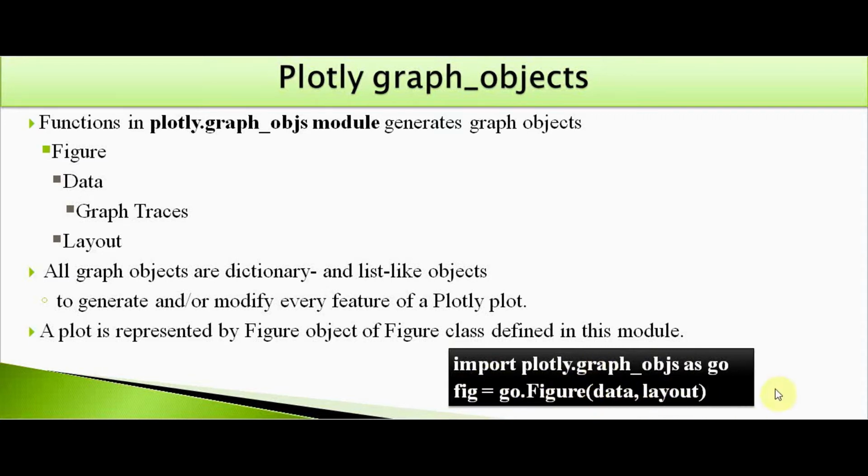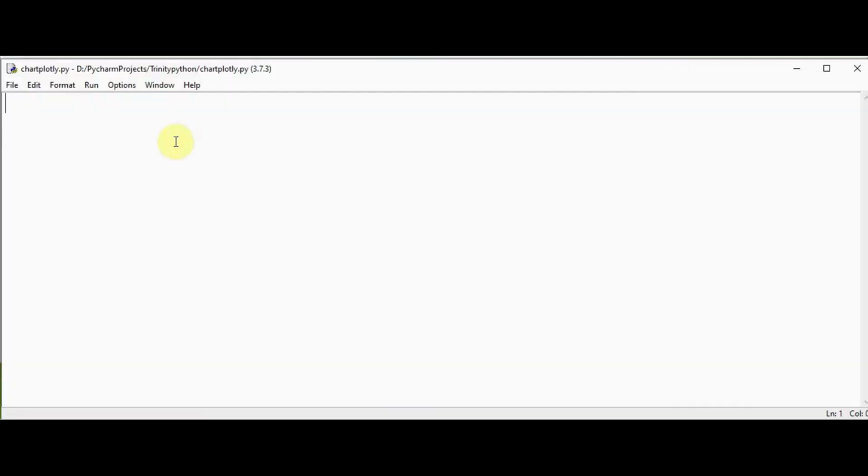So now let's start creating an offline plot using Plotly. I'm just going to do it in this IDLE. We'll just import Plotly first, and then import plotly.graph_objs as g. Okay. In this program, we are going to create a scatter plot first. I'm just going to have 7 students' names with their odd sem and even sem marks.